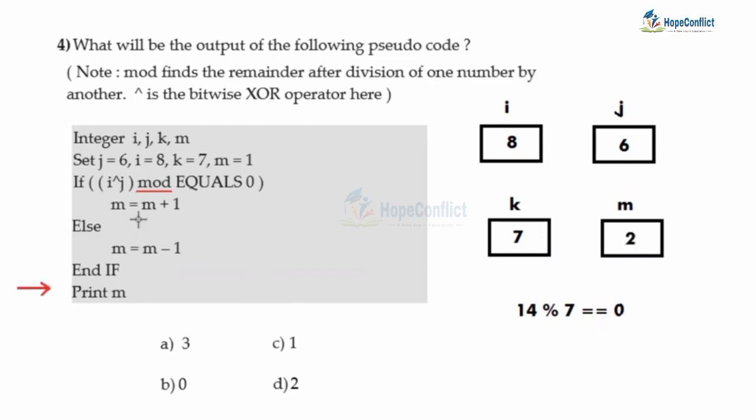Now because the if condition was true, the else block will not be executed and we can directly jump to the statement print m. So at the end we have to print the value of m and the value of m is 2. So our output will be